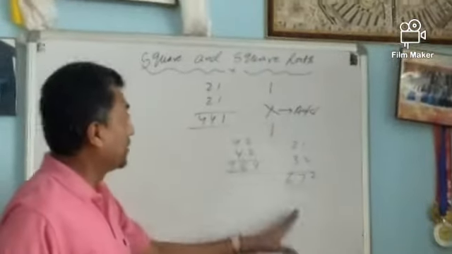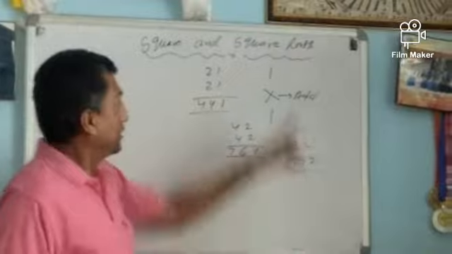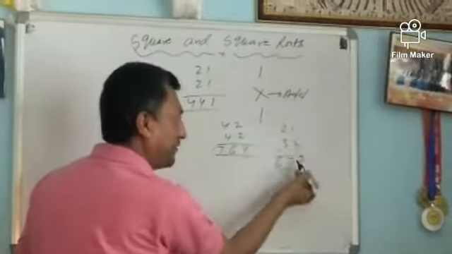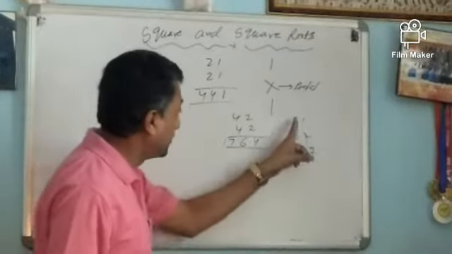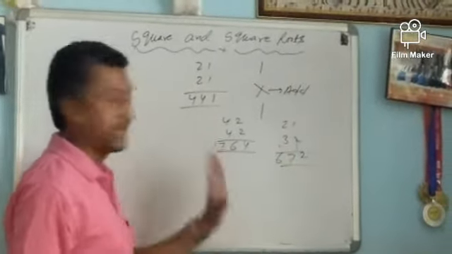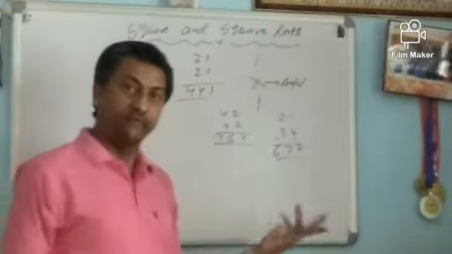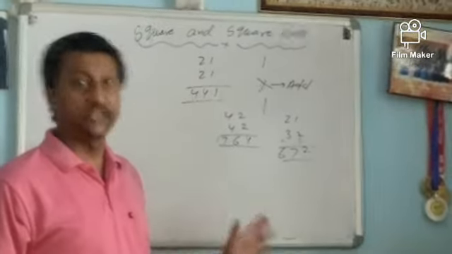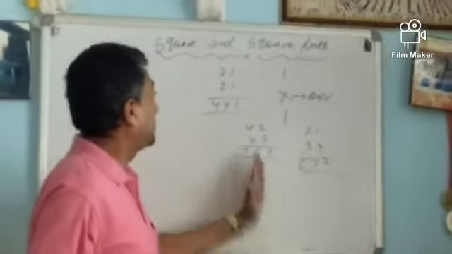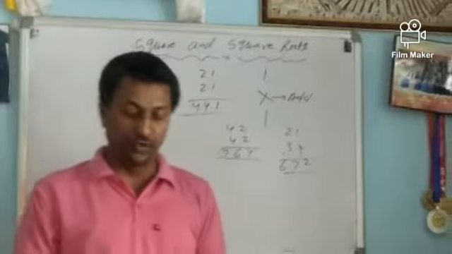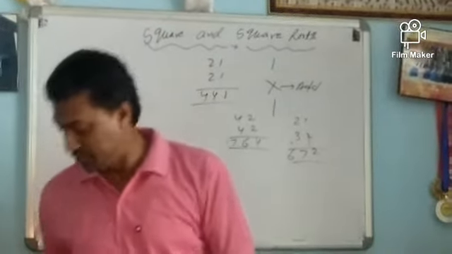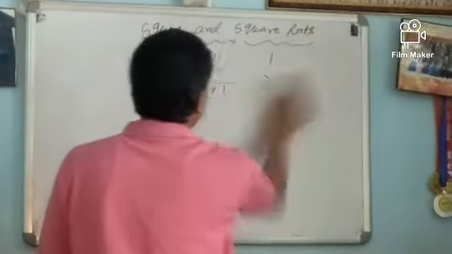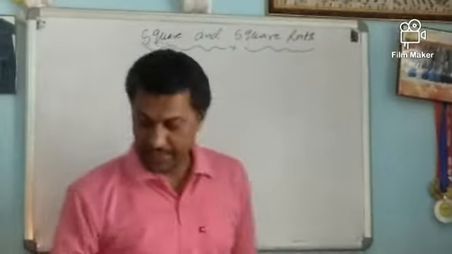So whenever any two numbers are there, what do we do? Single means single, cross means we have to cross, and then we add whatever we get. The last single is 3 2s are 6, like this. And if a carry is there, we have to add it to the next number. Is it clear? I think so. Now, just as with two-number multiplication or two-number square, similarly we can also do it for three numbers. The same technique is there.